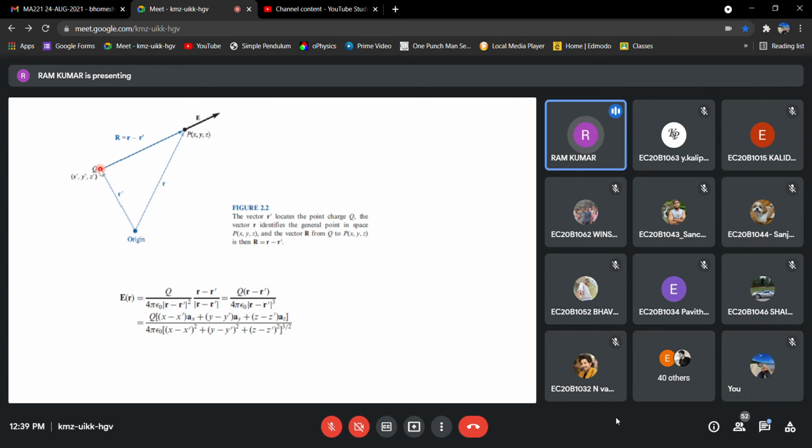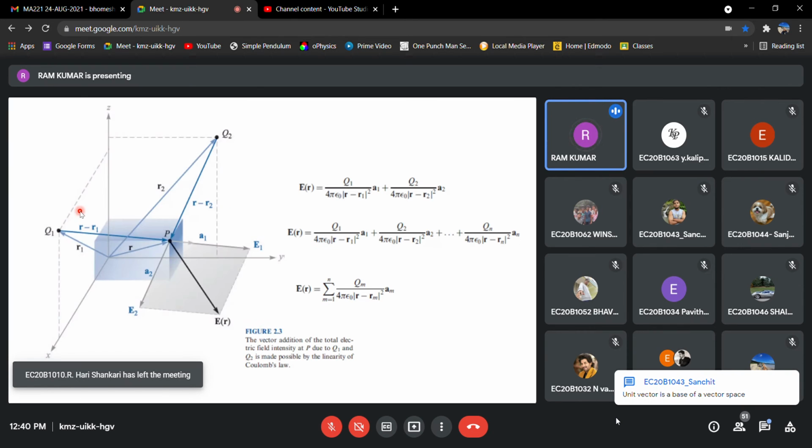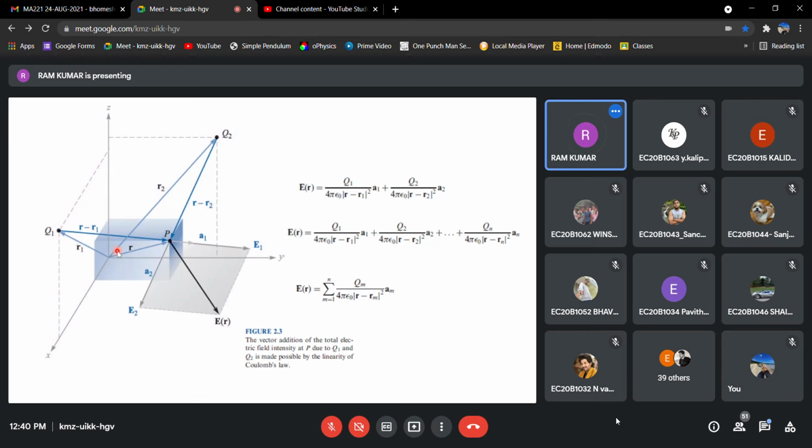Say for example, I have one charge here, one charge here, maybe three charges, you just assume. Now I take any one point where I am going to measure the field due to all those charges. So what do we find? That is actually the superposition principle. We have a charge Q1 here and a charge Q2 here. Now I take any one point, assume here. At this point I have to measure the field due to charge Q1 as well as Q2. It's simply a superposition.